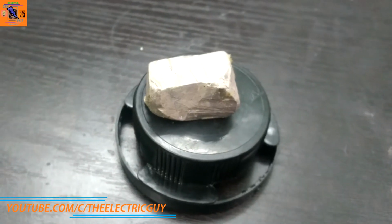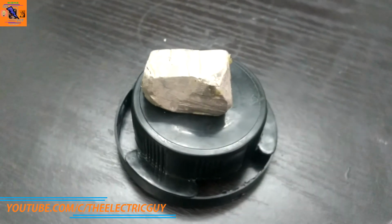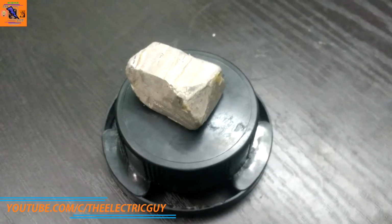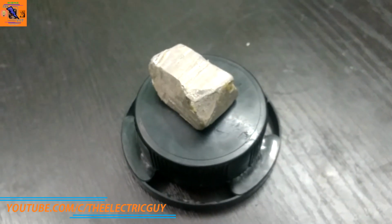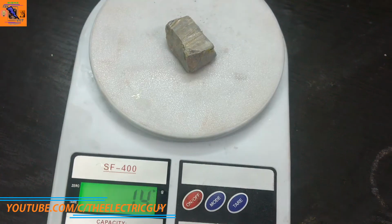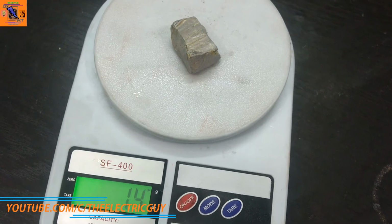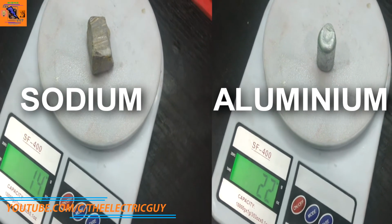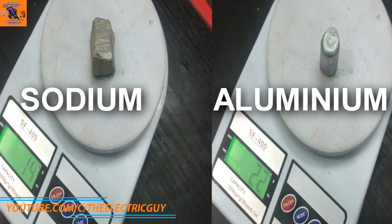This is sodium metal. You can see it is not looking very shiny because a thin layer of oxide of this metal is formed on the outer surface. This metal is very lightweight. If you compare the weight of sodium and aluminium, you will find that aluminium has almost double the weight